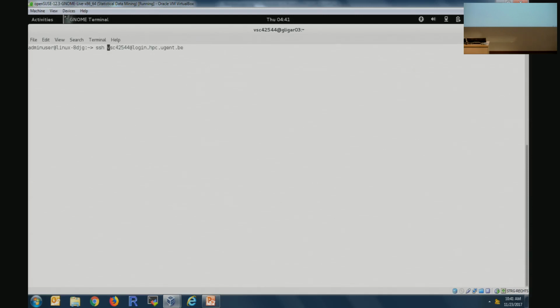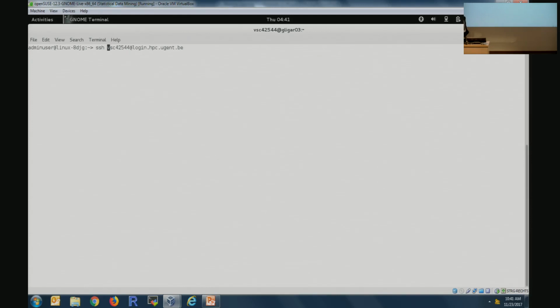Yeah, the first step you have to do is SSH into your machinery with your username and account, right? So it is basically this part. Of course, everybody has a different ID here, right? So that should be clear for those of you who are not so familiar with SSH.